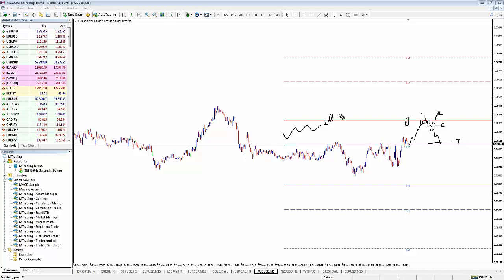I could take this trade, enter at this point, and then place my stop loss below the swing low, so below the pivot and below the swing. And my target could be to the next pivot point, which will be the R2 in this case. And as you can see, the risk I'm taking from here to here,